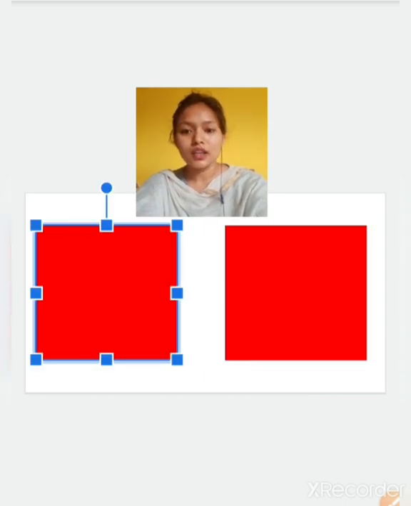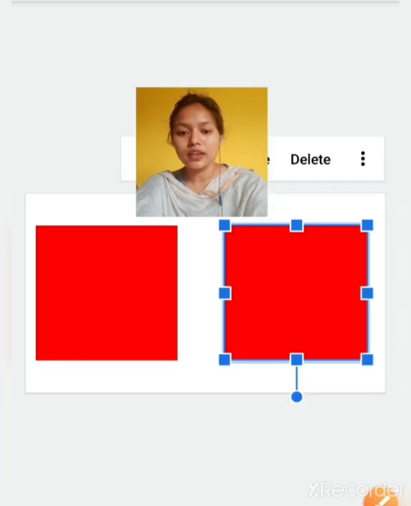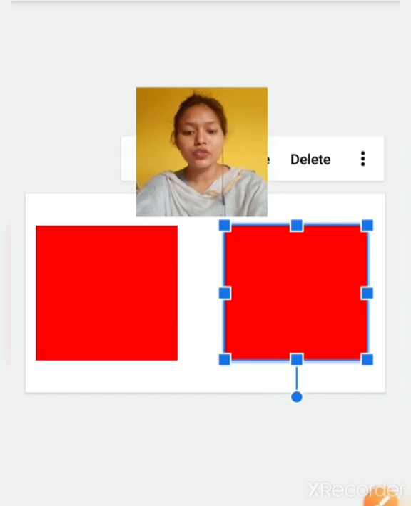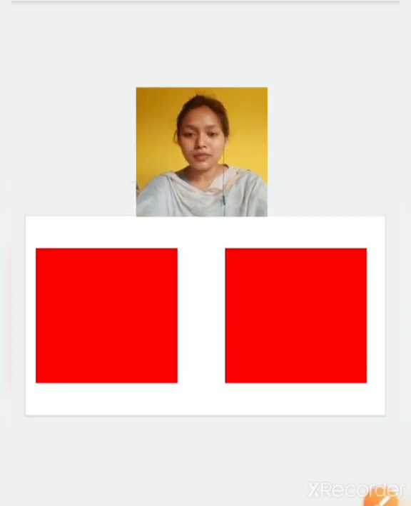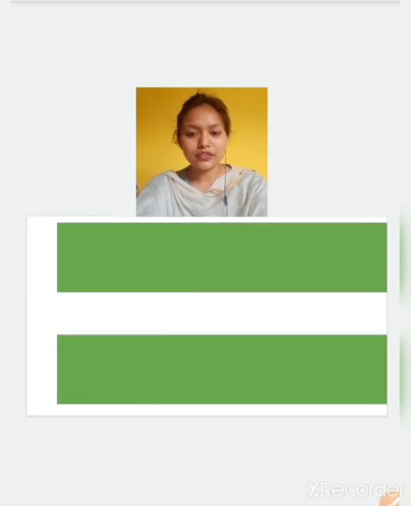You can see it was the beginning point here, and where is the end point? The end point has come here. Now are they same? Just look at the two figures carefully. Are they same? Yes, they are same. So this square shows the rotational symmetry of 180-degree. Yes or no? Yes, it shows. Now let's see the other figures.